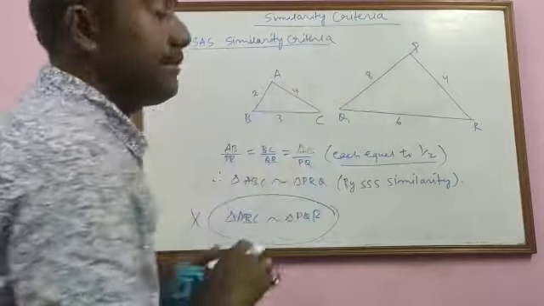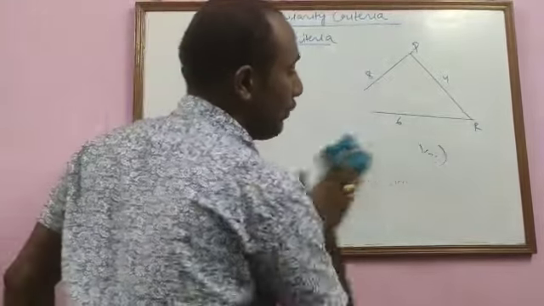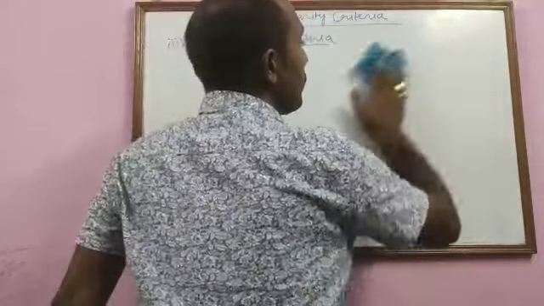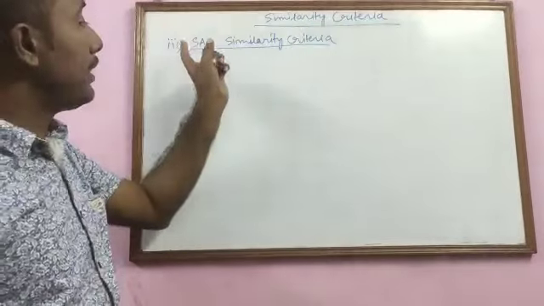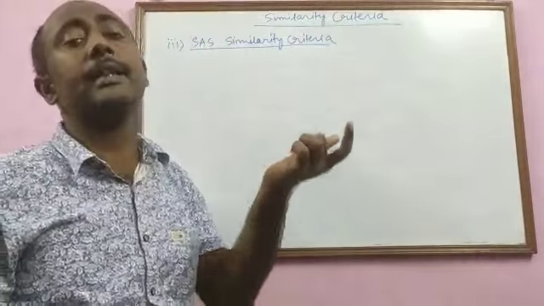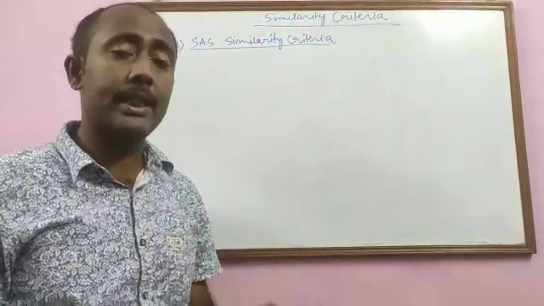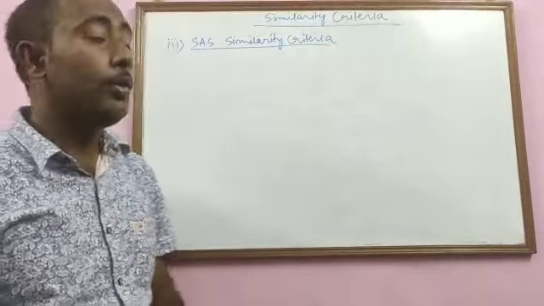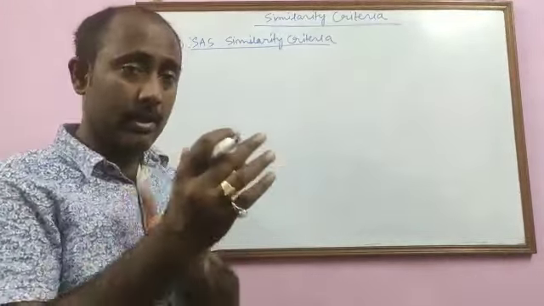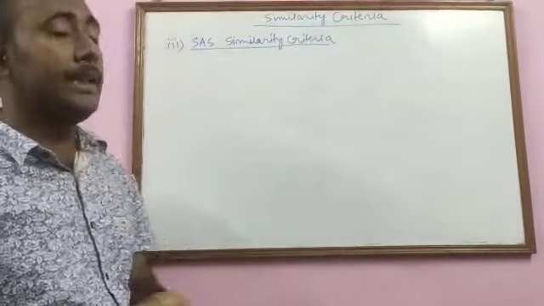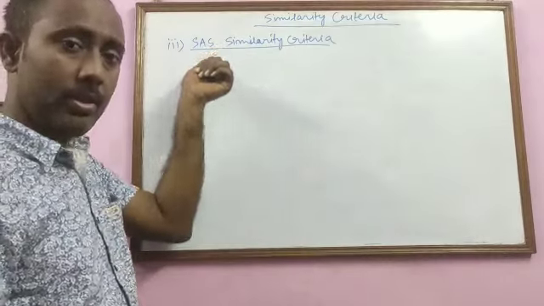Now in this SAS similarity criteria, the 2S stands for the two sides proportional to each other. Since we are talking about proportionality of the two sides, the ratio of the two sides are equal. Therefore, in similarity criteria, we have no such criteria which include only one S. We need at least two sides. Then only we can compare the ratios. So, in similarity criteria, you will find that either you have two sides, or three sides.